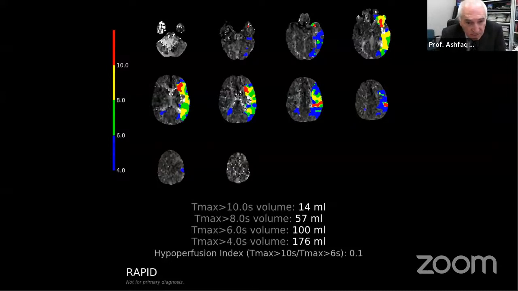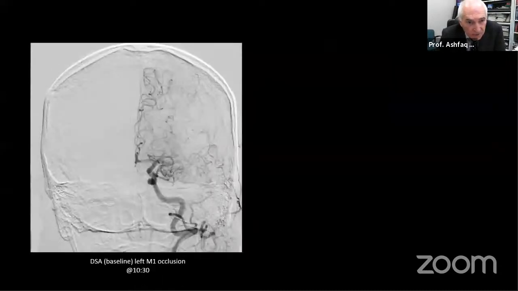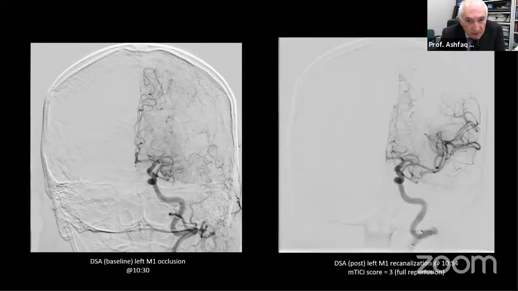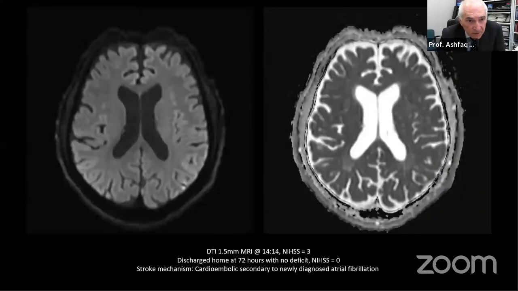So this patient was outside the window for TPA, went in for a thrombectomy, the occlusion is out there, good collaterals, gets first pass, the vessel opens up, and you can see 24 hours later, the FLAIR does not show any evidence of an ischemic stroke, and the patient made a nearly full recovery. So imaging is very important for you, and imaging helps you determine patients where you can expect a good recovery